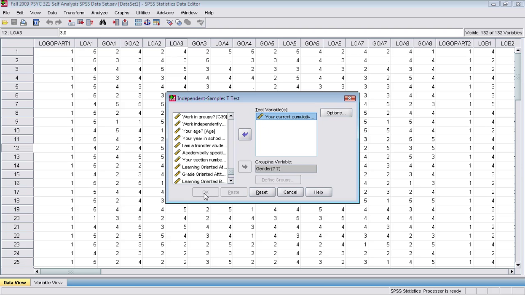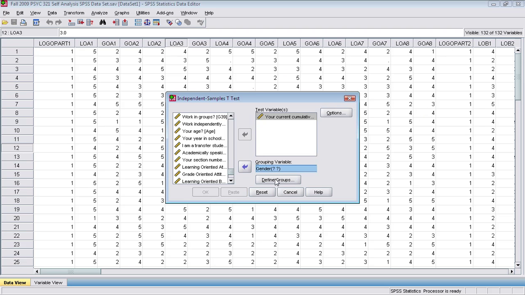Now notice that I can't run the analysis yet. OK is kind of grayed out. It's not a live or active button. And so there's more I have to do here. I have to resolve these question marks. I have to tell SPSS what codes I used to code gender for males and females. And so I didn't use words, but I used numerical codes when I entered my data up here in the